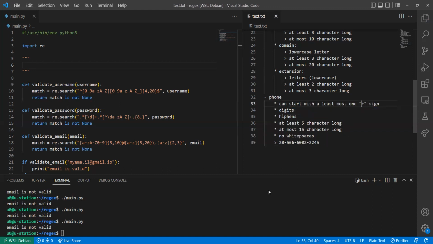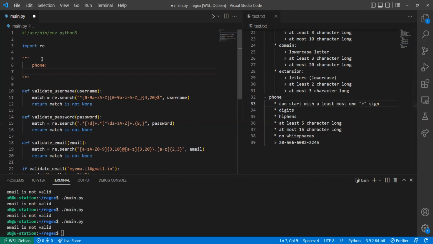Okay, so let's try to define this. On the left side, we're going to describe a phone number. So the first condition is it can start with at least